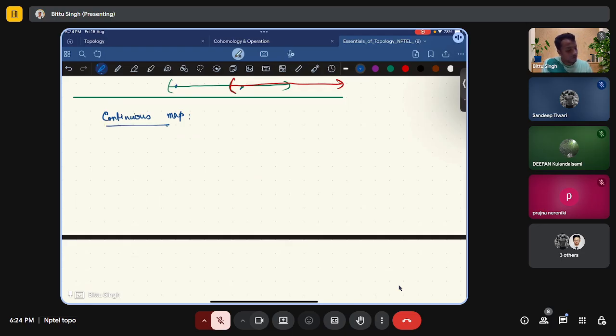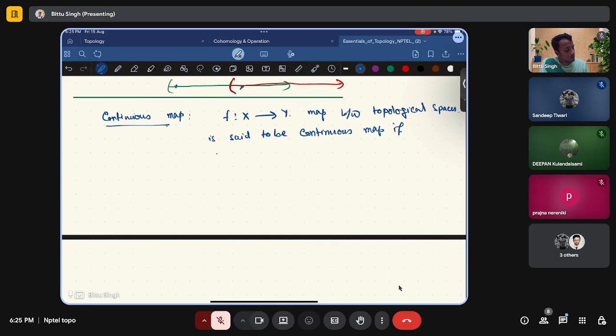So consider a function f from X to Y. This is a map between topological spaces, so X and Y are topological spaces. Then this is said to be a continuous map or continuous function